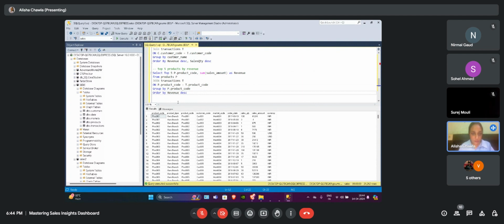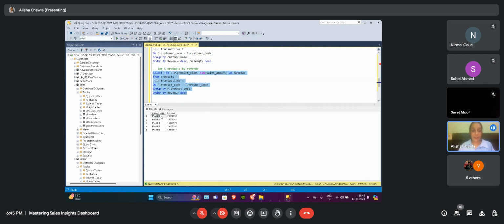This error was occurring because we do have a product code column in both our tables. So the query was not able to identify whether the product code is from the products table or from the transactions table. That's why we have to mention p.product code, so that the query gives the answer from the products table.